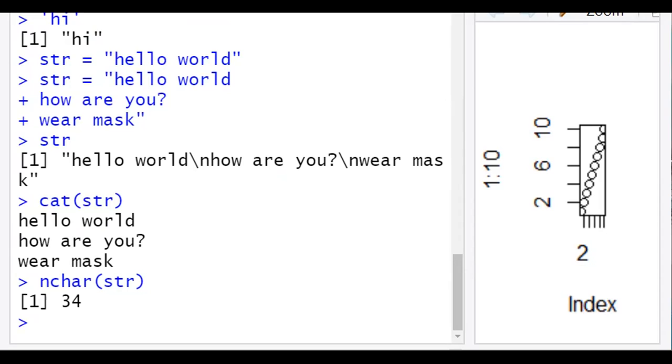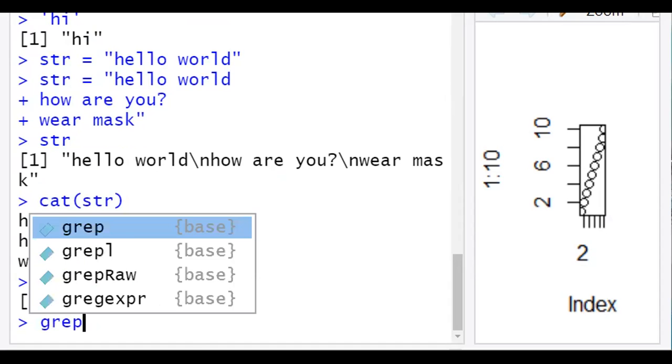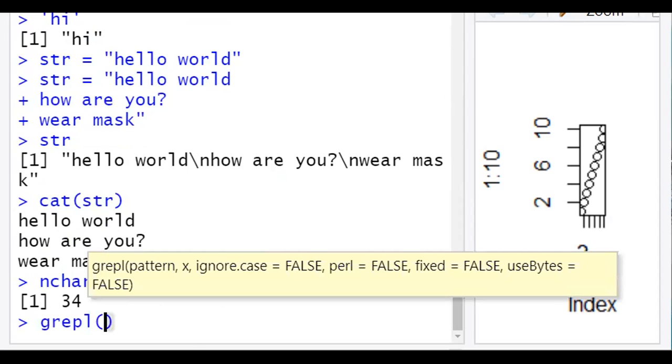If you want to verify whether a certain character sequence or substring is present in a given string, we can use grepl. Here we can search whether this particular substring is present in the string.